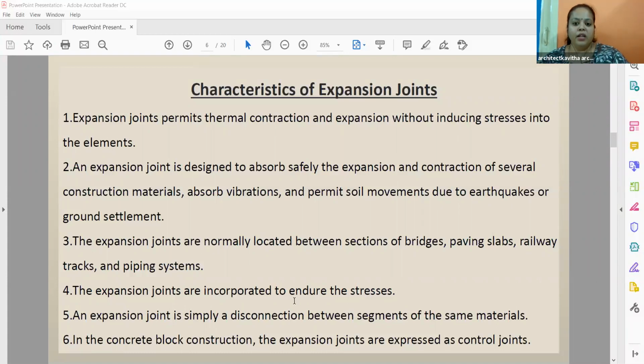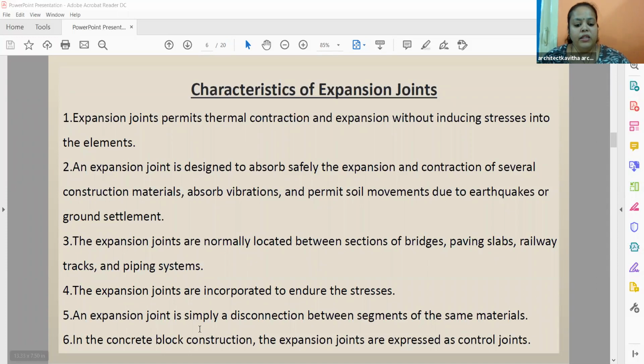In fact, if you see in some movies, you would have seen when a train is moving, nearby houses will be shivering, right? So it will be shaking. Why does it shake? Because of the vibration. Similarly, when there is movement in the structure, you will have slight vibrations. So to avoid that stress again on the structure, you will provide the expansion joints.